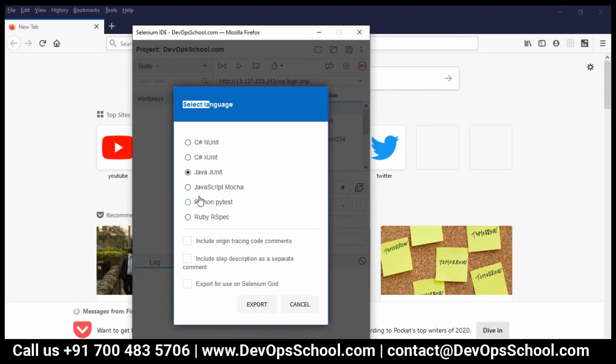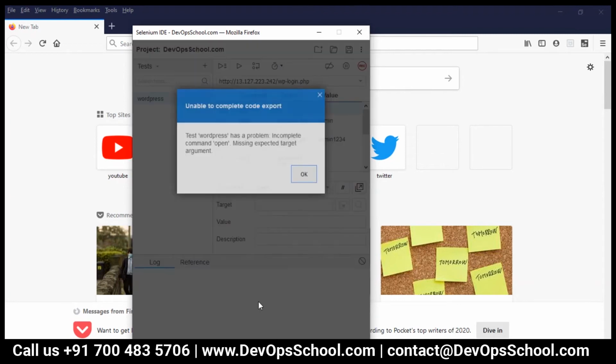So right now I'm using Java JUnit. Here: include origin tracing code comments, include step description as a separate comment, and export for use on Selenium grid. So if you are exporting to use on Selenium grid, then you have to use this one. As of now, Selenium Grid, I have not used it, so I'm just exporting it.